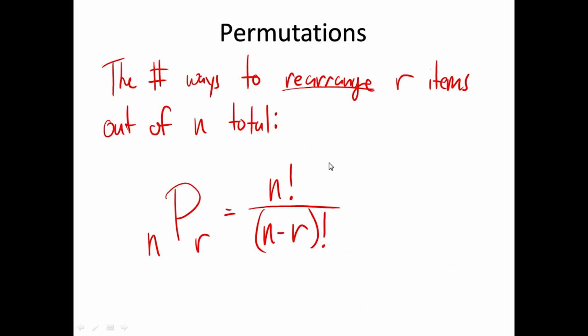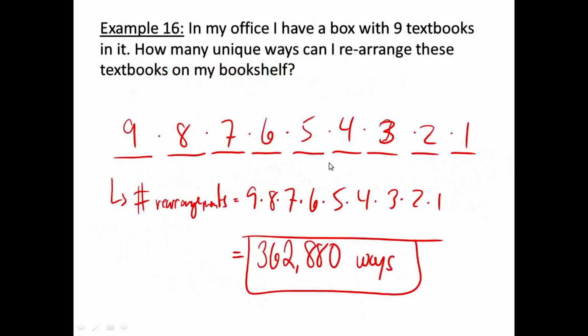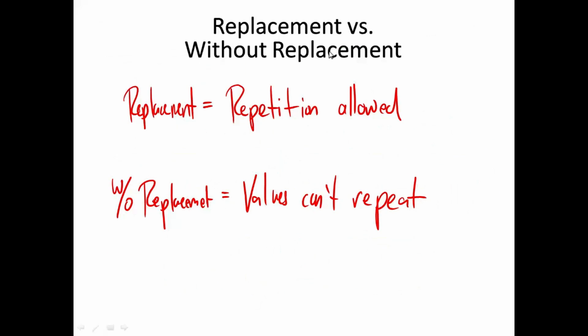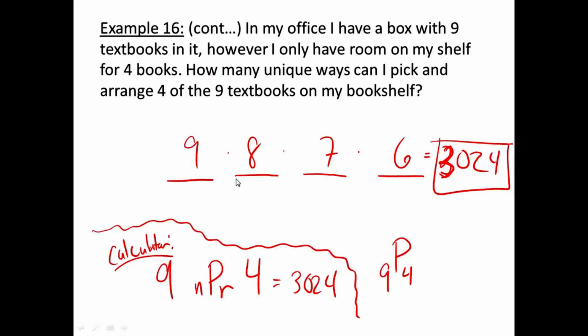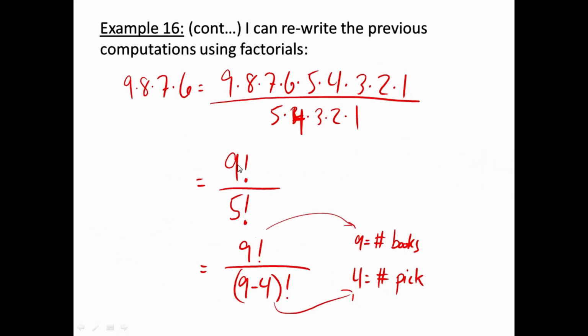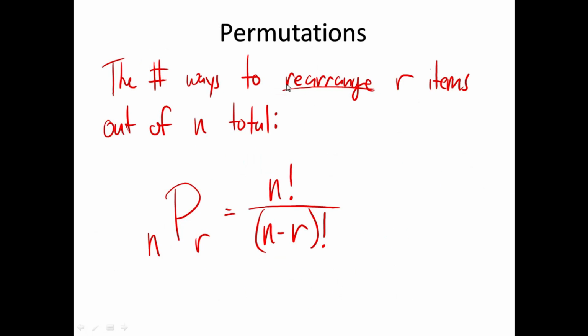So permutations, right? There were a few things going on here. First off, you have to consider whether replacement is allowed or not. Like, can I pick the same thing more than once? If you can't pick the same thing more than once, every time you pick something, you have fewer options for the next selection. If you're just looking at rearranging things, then we use permutations. So if you're picking a certain number of things out of a total and you want to rearrange them,